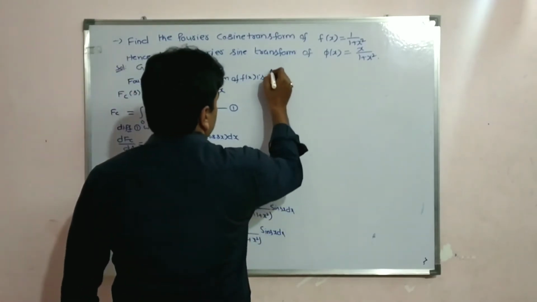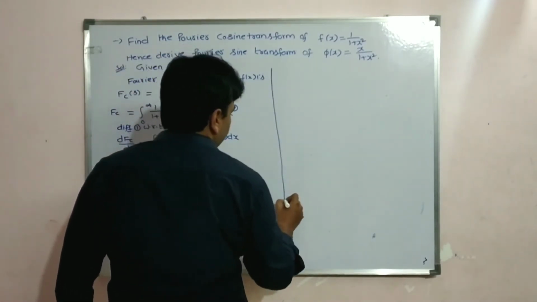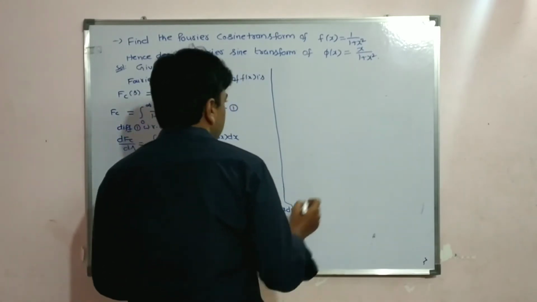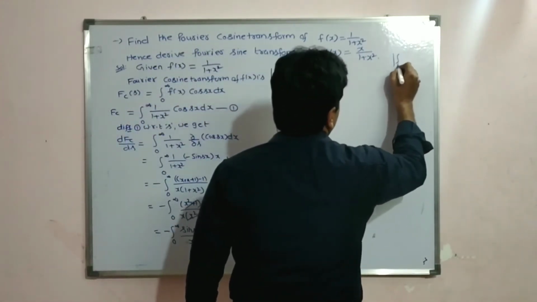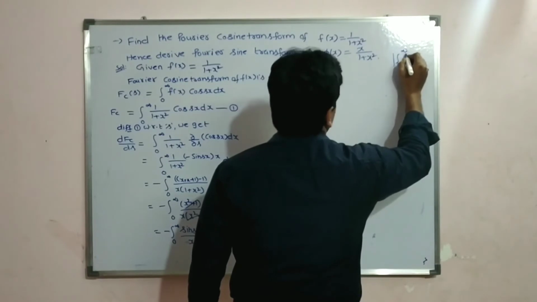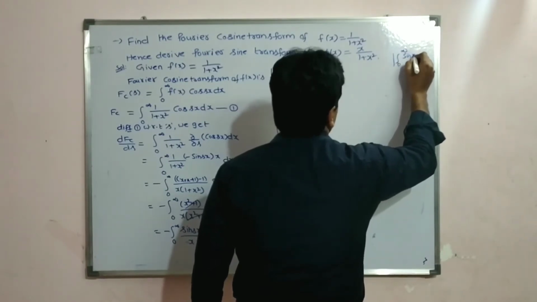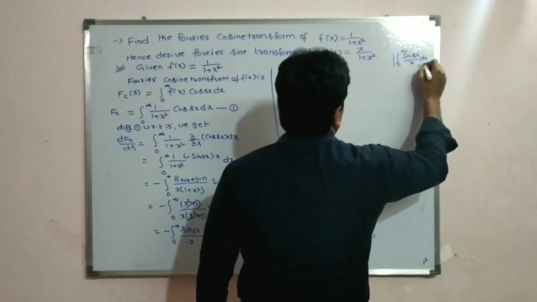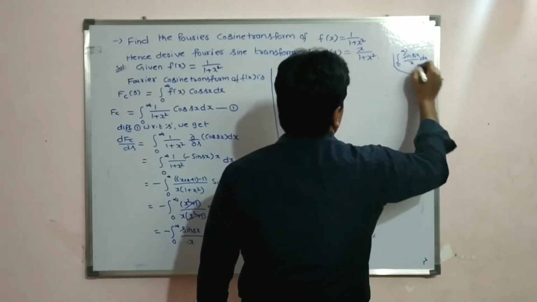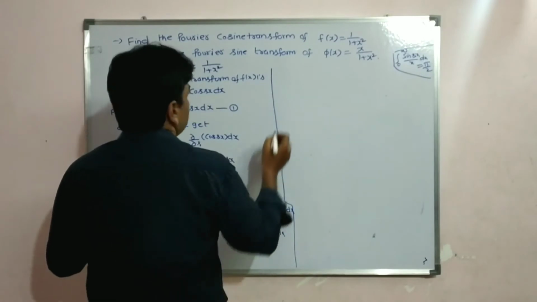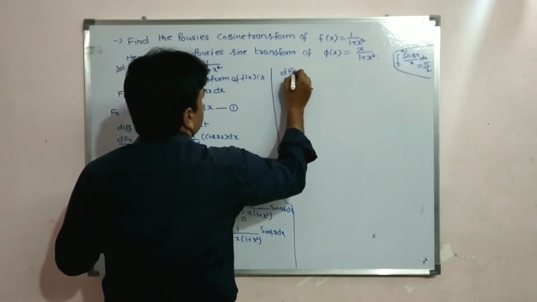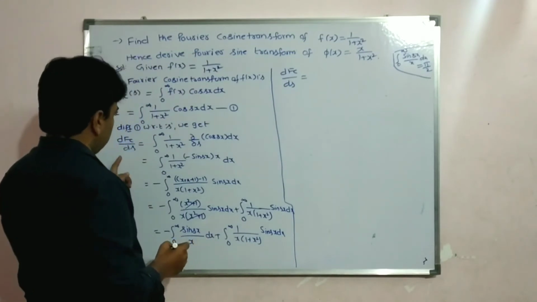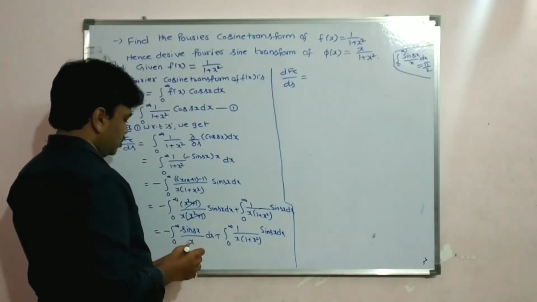Now, students, I have a formula: integral 0 to infinity sin sx by x dx has the value pi by 2. So dfc by ds is equal to minus pi by 2,